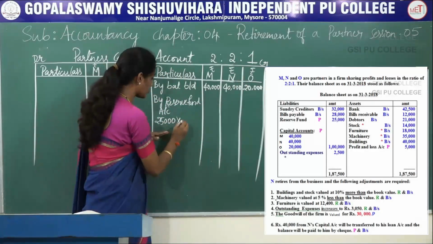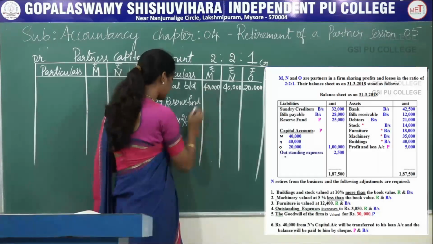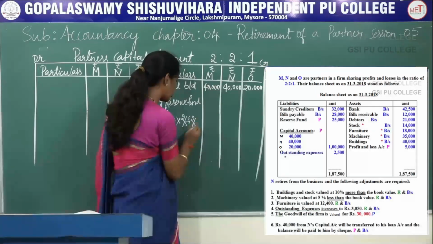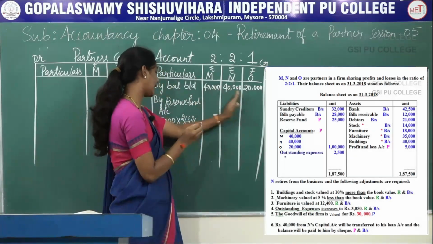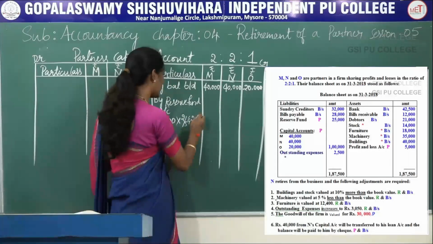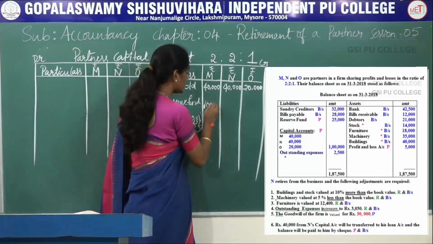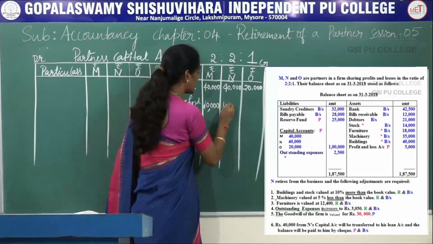So 25,000 into 2 by 5 for M, 25,000 into 2 by 5 for N, and 25,000 into 1 by 5 for O. So you will get 10,000, 10,000